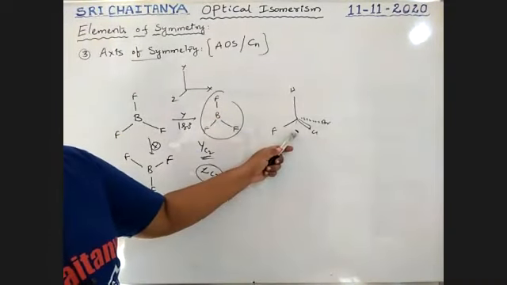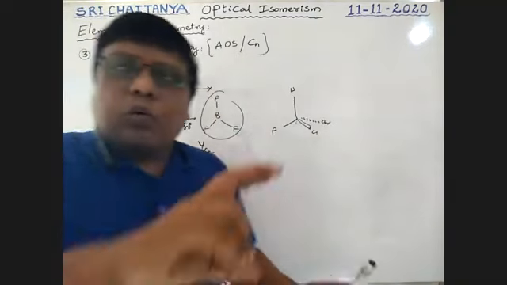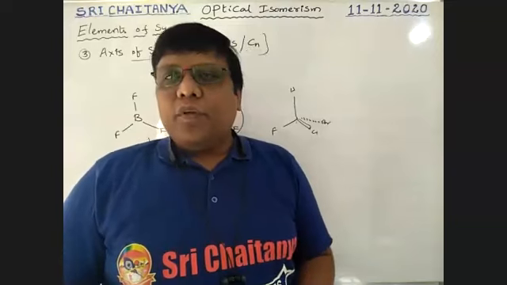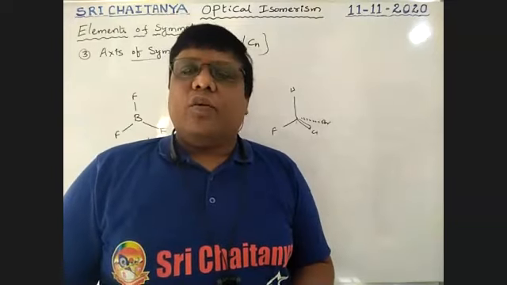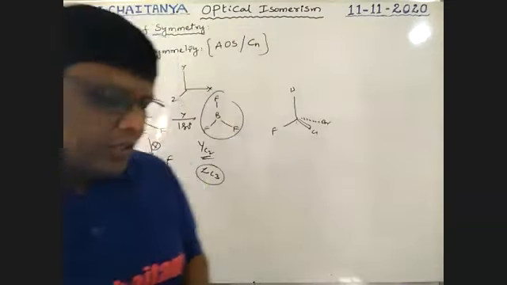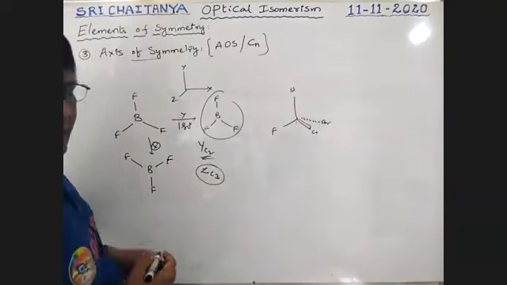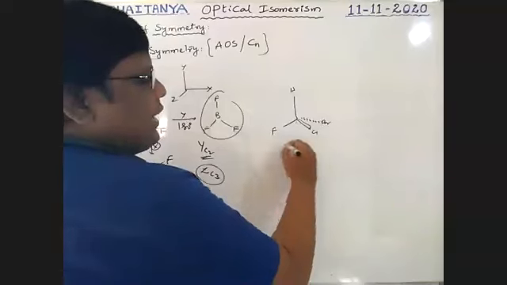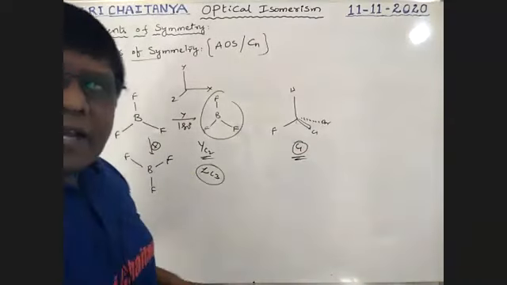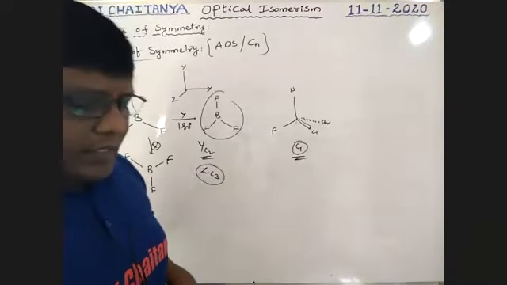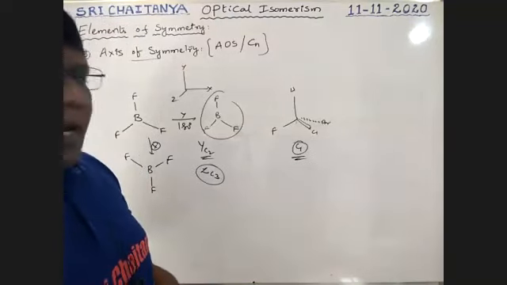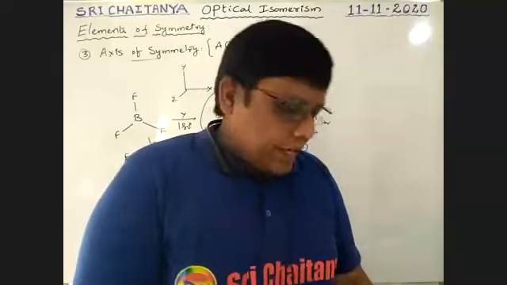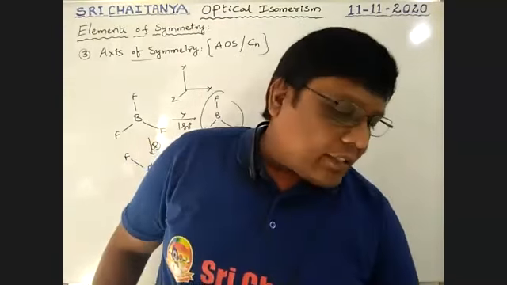For this, only after 360 degrees rotation does this molecule seem to be identical. No other angle of rotation is possible. So therefore it has only a C1 axis, only a C1 axis of rotation. Okay, like this, boys, it is the angle of rotation. Please consider it. Next one, alternative axis of symmetry.